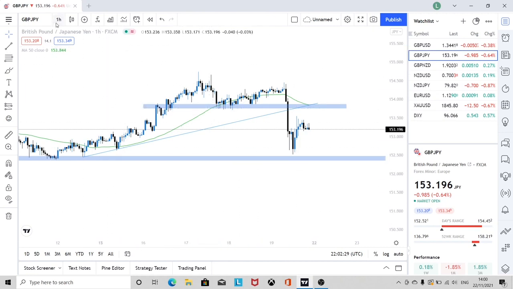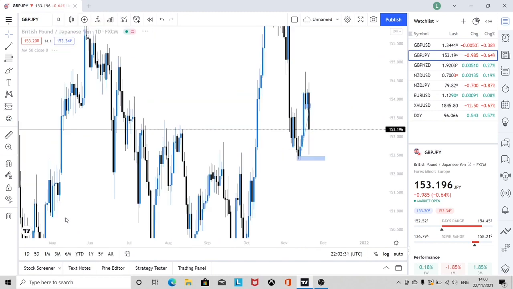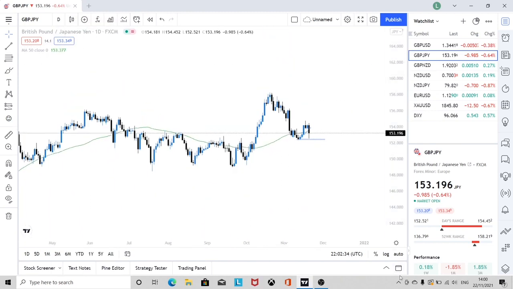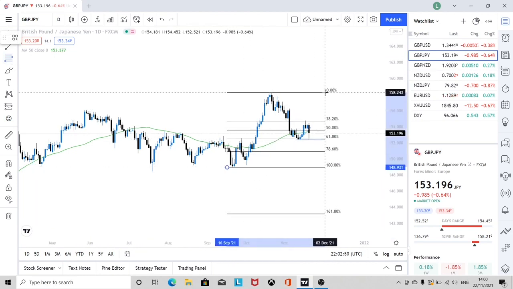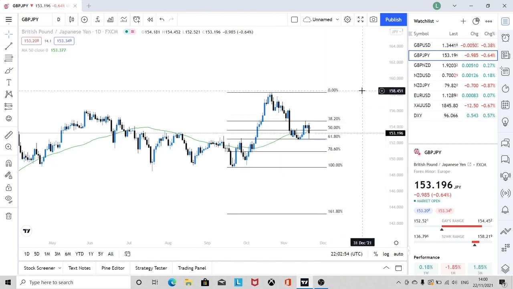But if we go on to the daily time frame, GJ is a pretty choppy pair at the moment. As you can see in this little bit of price action here, we've been chopping upwards and now we're chopping downwards. If you could maybe get a Fibonacci retracement and put it from these swing lows to those swing highs. Potentially, we've just rejected the 61.8 Fibonacci retracement,